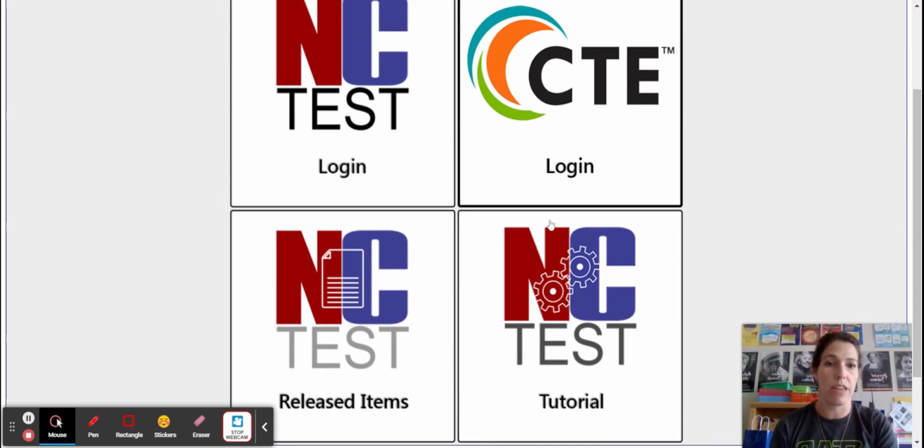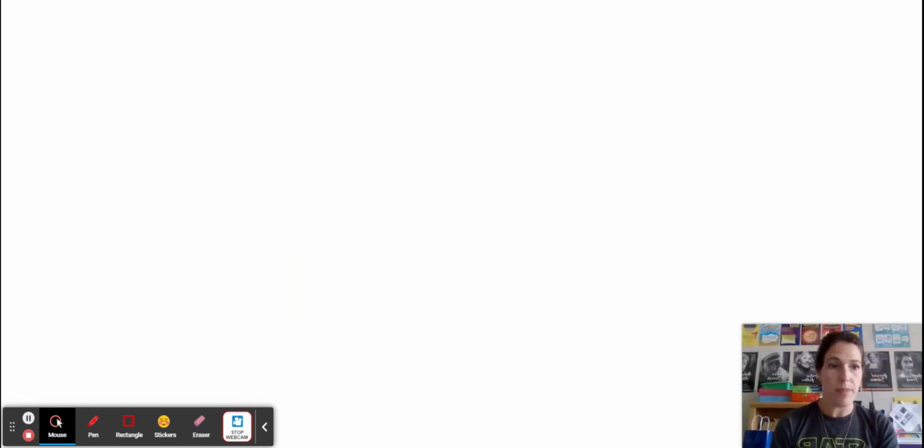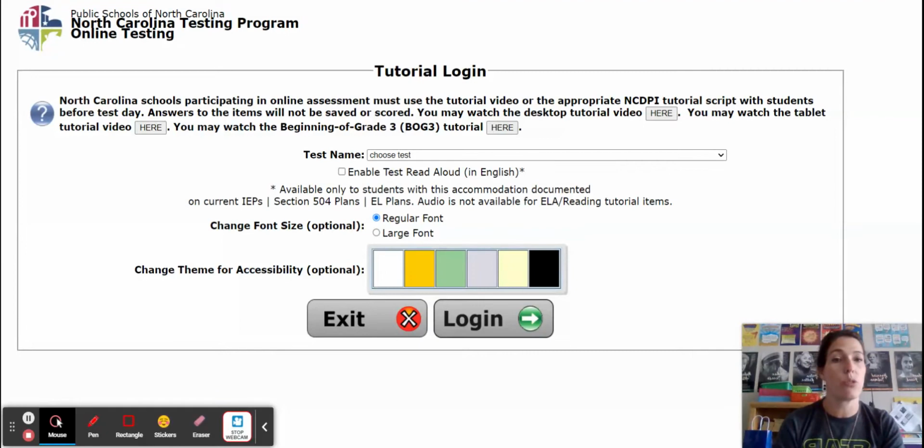square with these four different things. We want to make sure that we are clicking on the NC test tutorial, this one right down here. So we're going to click on that. And then it will say tutorial log in. Answers will not be saved. This is not for a score. This is literally just going over what the online test looks like